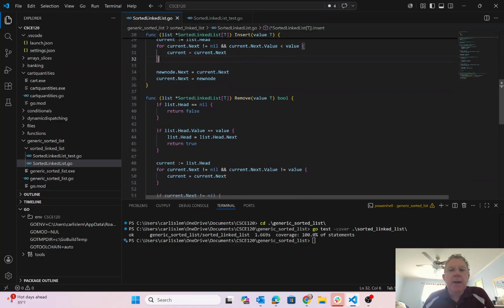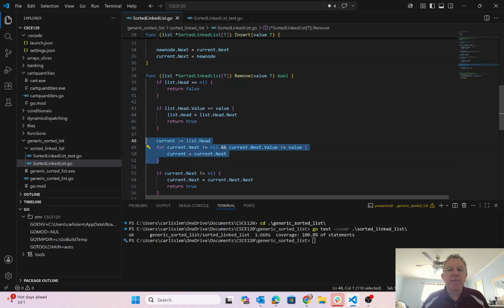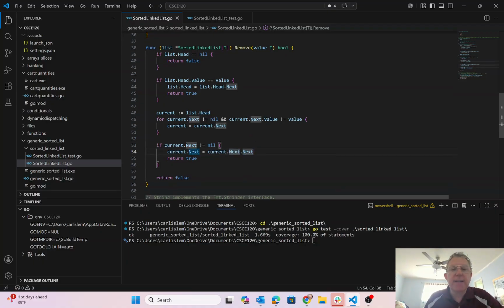Remove looks very similar. Again, you see that type parameter. If we don't have anything in the list, we return false. If we're the first thing, we simply remove that and return true. Otherwise, we loop until we find it. And we make sure that current stays 1 behind the thing we're trying to remove, so we can simply make current next point around the thing we're trying to remove to current.next.next. Since Go is garbage collected, I don't need to worry about trying to free or delete or anything like that